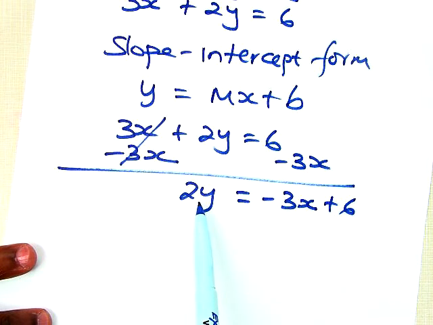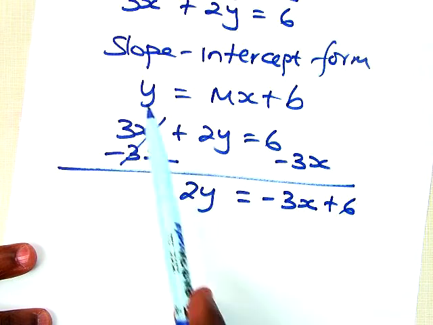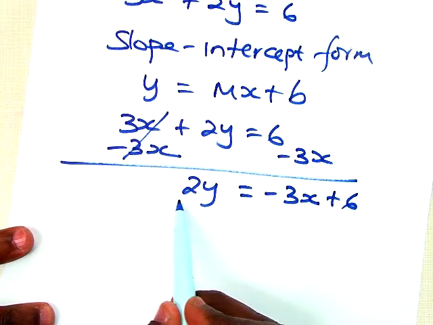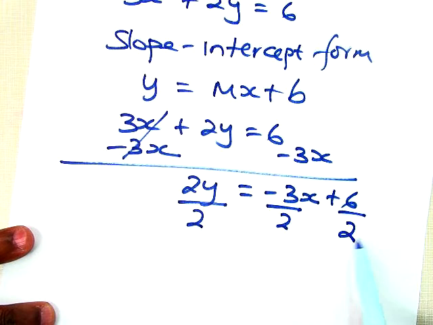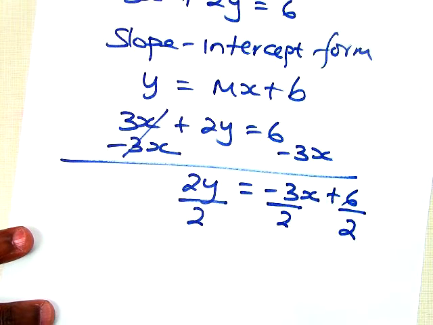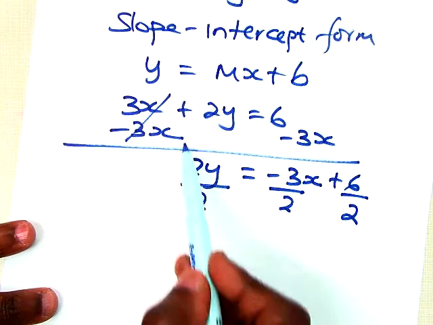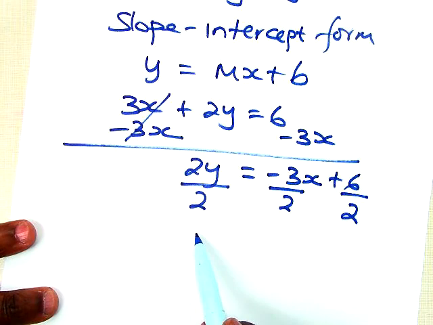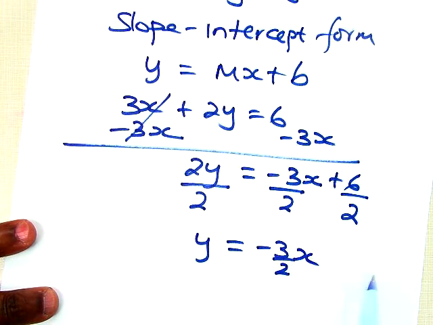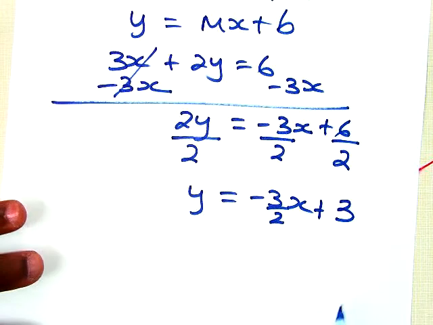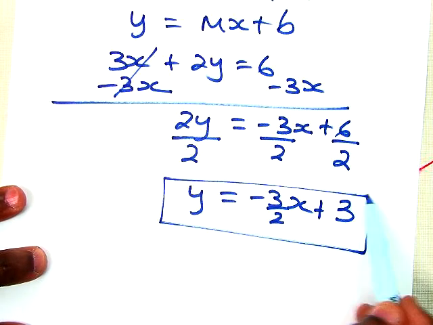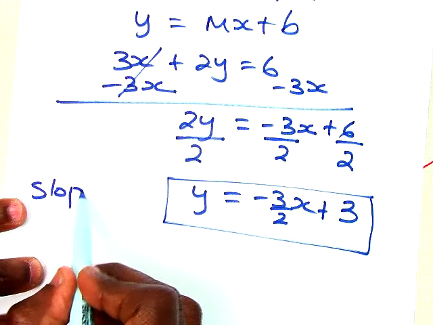But remember, what I want is just one y. This is actually 2y. So to make this become y equals, I now need to divide by 2, and I need to divide every term in the equation by 2 to keep it balanced. The 2's cancel out here, so I'm left with y equals negative 3 over 2 x, and 6 divided by 2 is equal to 3. So this is my equation now converted into